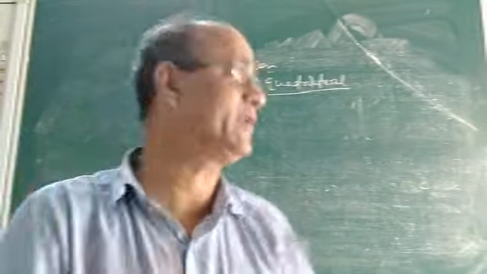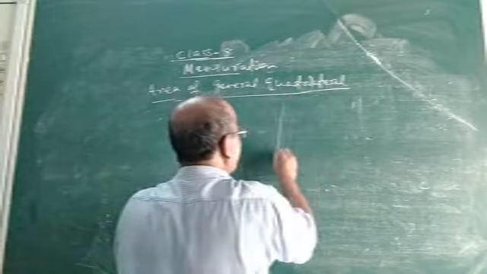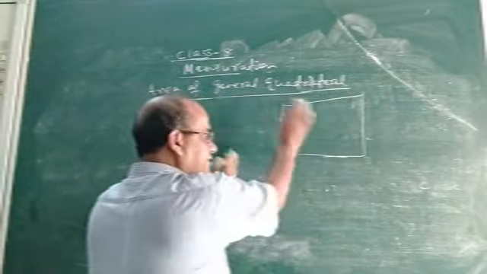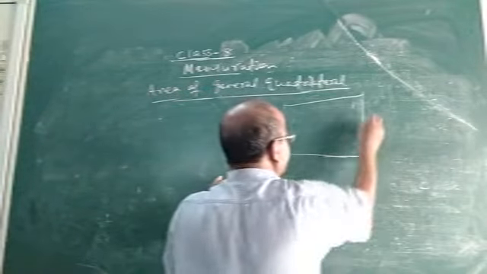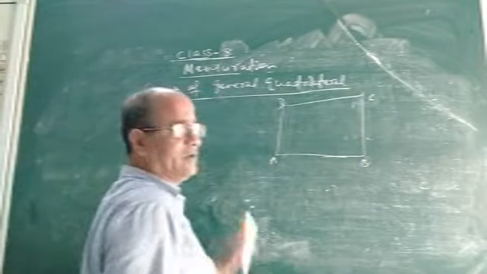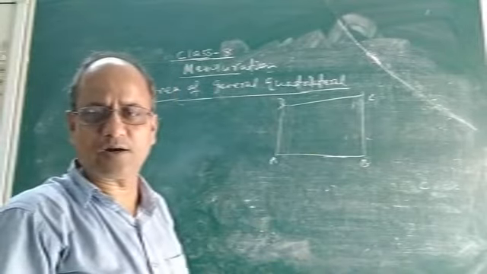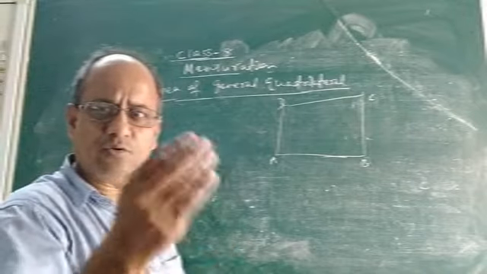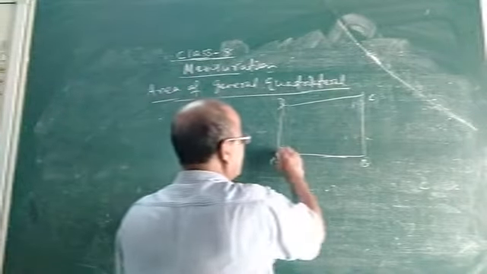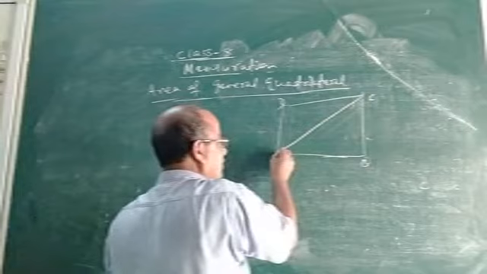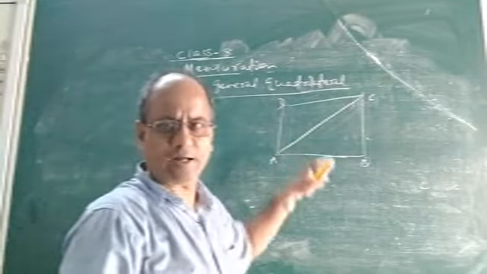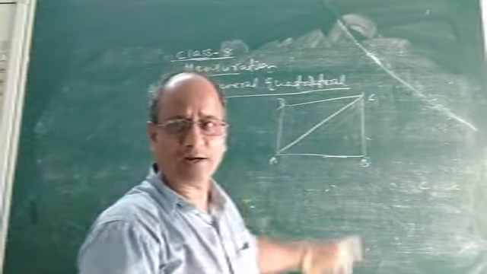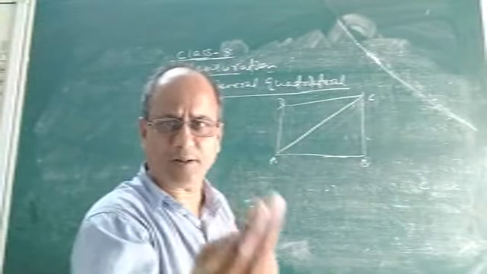Suppose we are given a quadrilateral like this, we do not know what the shape is, it is a general quadrilateral, say ABCD. How to find the area of this general quadrilateral? See, one method is we can divide the area into some plane figures. Suppose I join any one diagonal. Now what will happen? The general quadrilateral will be divided into two triangles, or two plane figures.